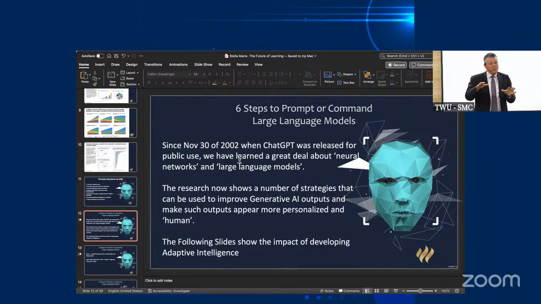I'll simplify. If you're in computer science, I'm really going to simplify large language models. Large language models use trillions of data points of information to predict the next most logical word in a sequence of words. So when ChatGPT creates a paper for you, what it's doing is choosing the logical word that should appear in a series of sentences. And it does that so well that it looks like a person actually wrote that information. Does that make sense? Well, it's not perfect.